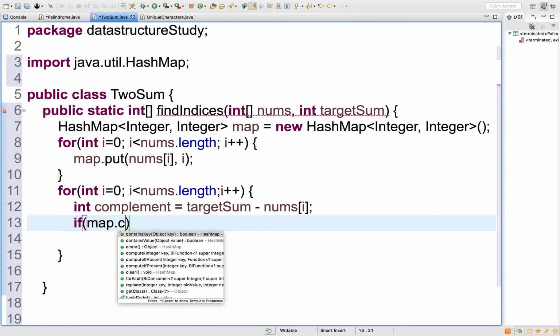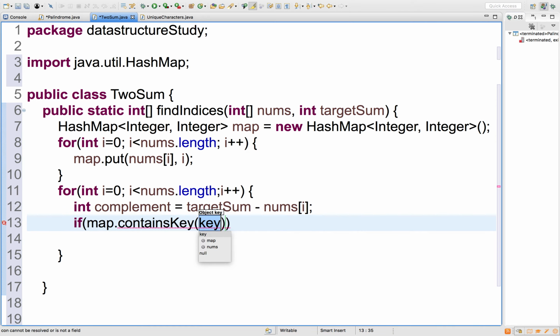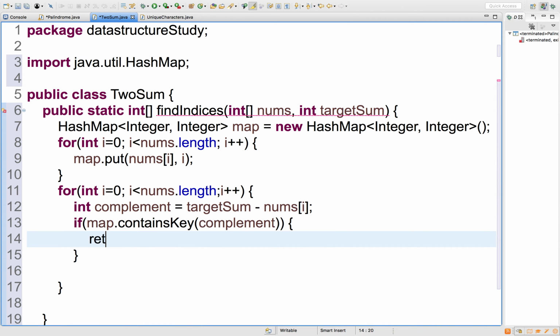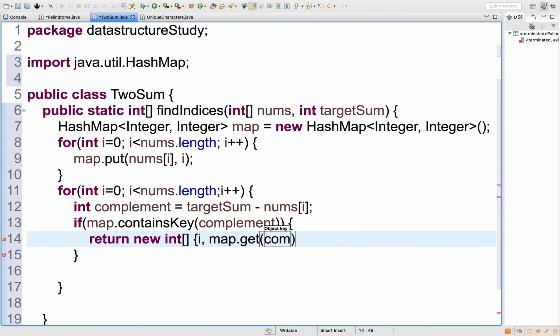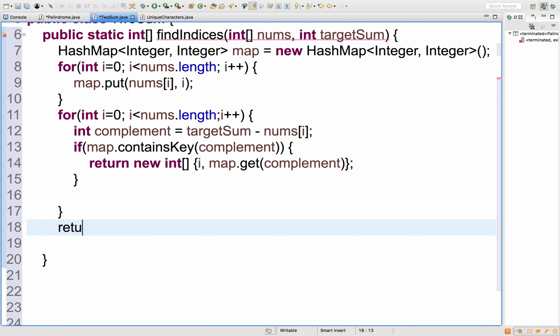If map dot contains, if it contains, we return the array with value I and map dot get complement. And if the array does not have such values, we return the negative values.